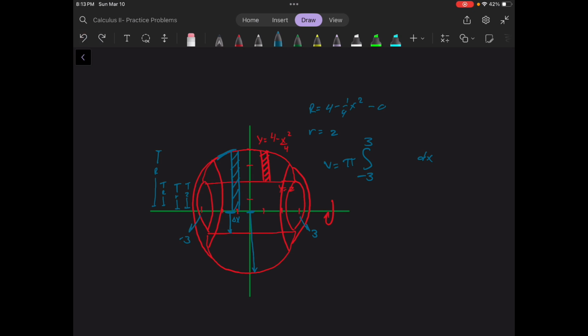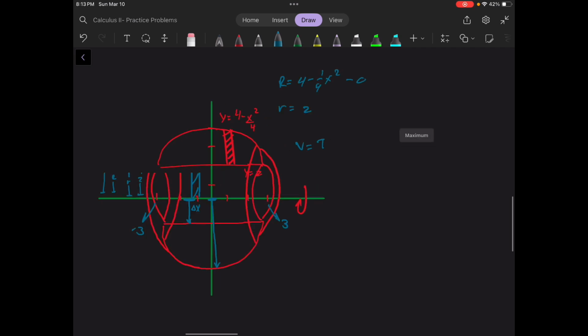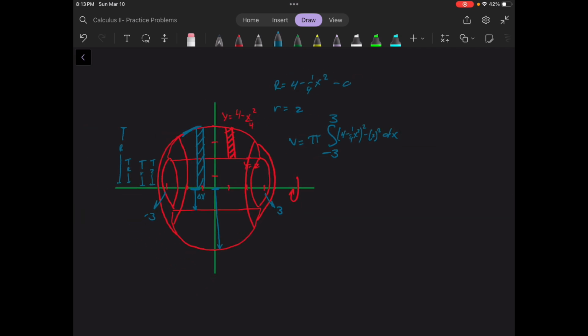And what is our big R squared? 4 minus 1/4 x squared, minus little r squared. All right, so you see we're just finding the volume of this big sphere-looking thing and then subtracting off the volume of that cylinder. Remember, this part right here is just a little cylinder, and this is like the whole sphere thing. So then we have,